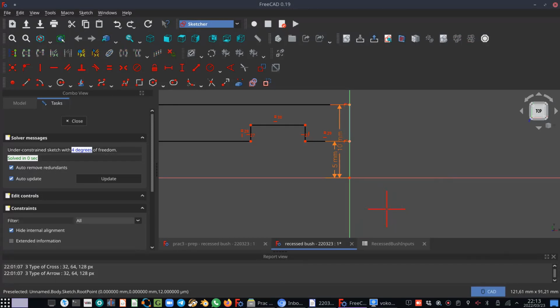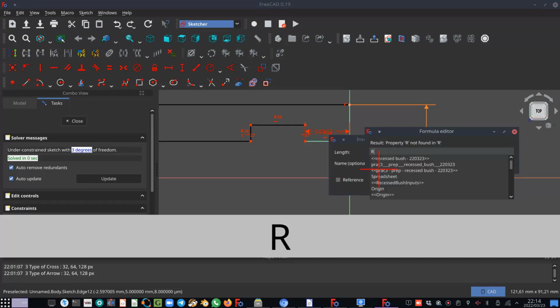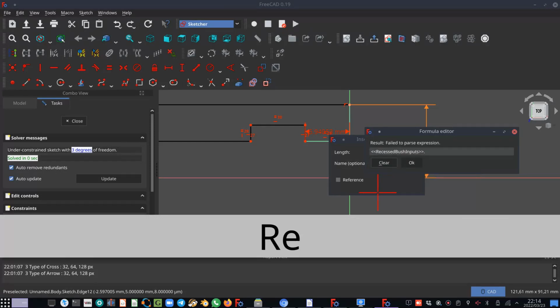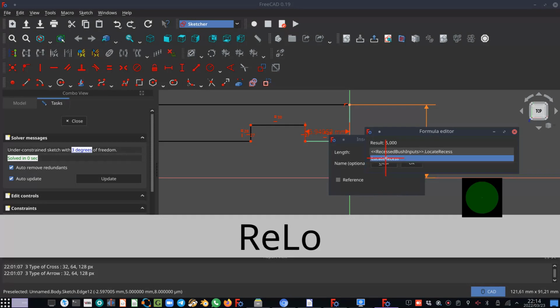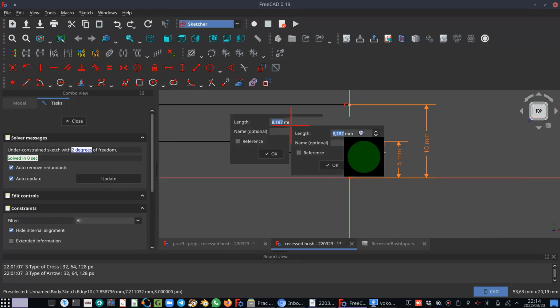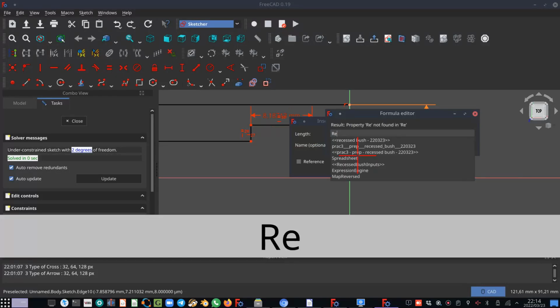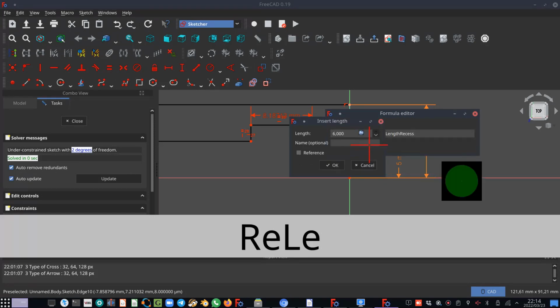And we can okay that. Right, so let's just right click and drag these dimensions out of the way. Okay, so our next dimension is, let's add that one. We go recessed bush inputs and locate recess. Okay, now we do this one. We go recessed bush inputs and we go length recess. We go okay,